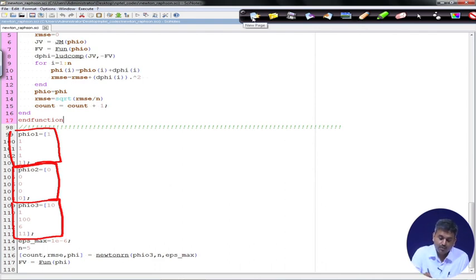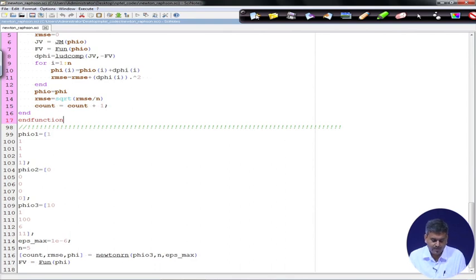With these three guesses we will examine what the solution is. In this case we have used EPS max as 1 into 10 to the power minus 6, and n equals 5, because we have 5 variables, and so we can call this Newton-Raphson method